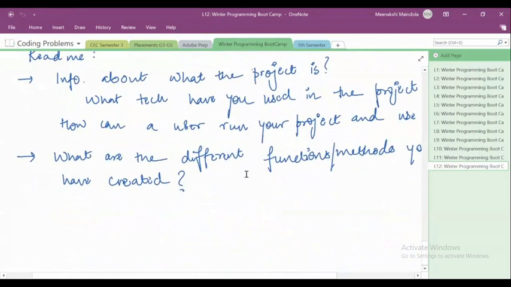Okay, so for that, let us say you create a function is Sudoku valid. You are going to tell about this particular function, define this particular function, and just simply say that in this function. So what do you say? This is one of the functions that I have, and